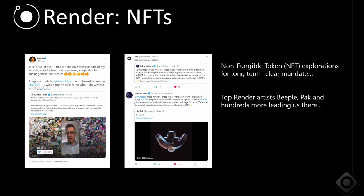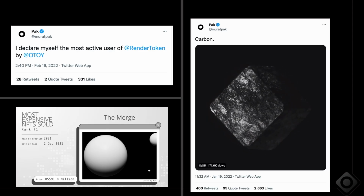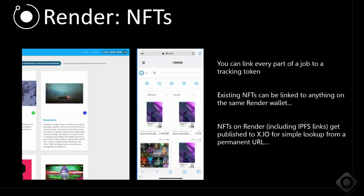And I think, to look at where this might go, you should look at artists like Pac and Beeple that are some of the earliest adopters of both OctaneRender and NFTs. And the way that they're looking at things in the future is pretty interesting. So with Pac, for example, he does experiment a lot with generative NFTs. We have the ability to generate anything on render, and it's effectively already